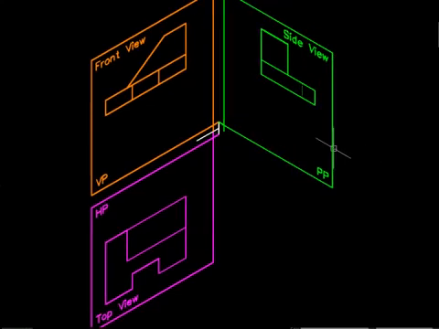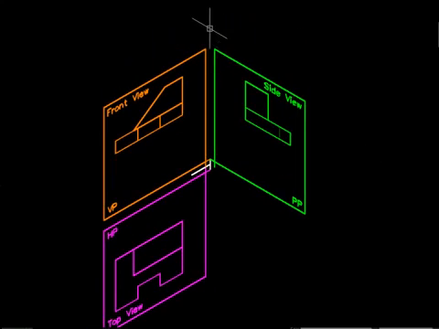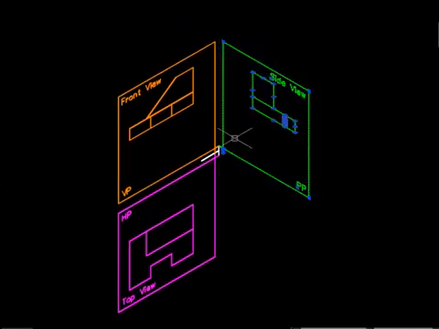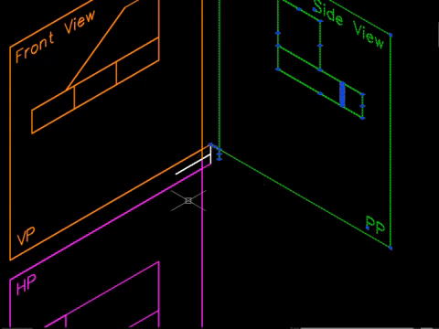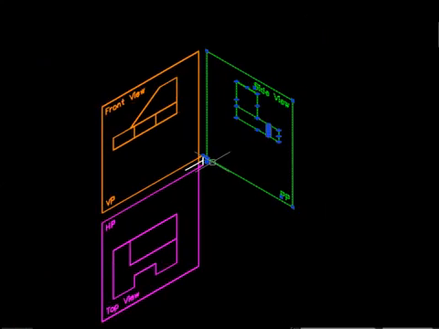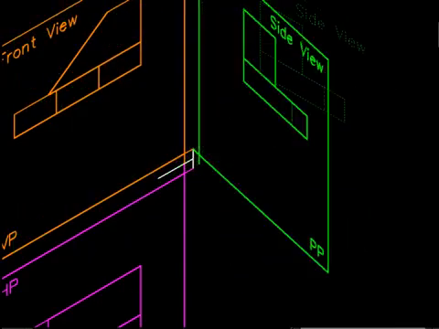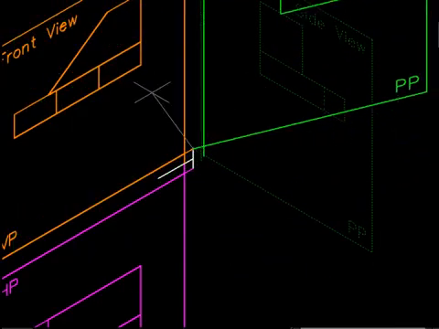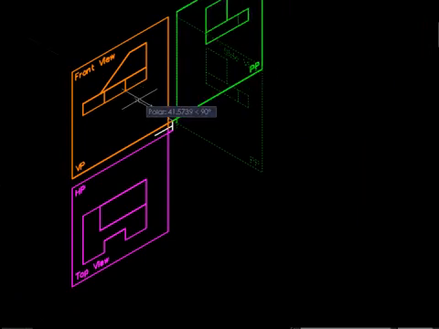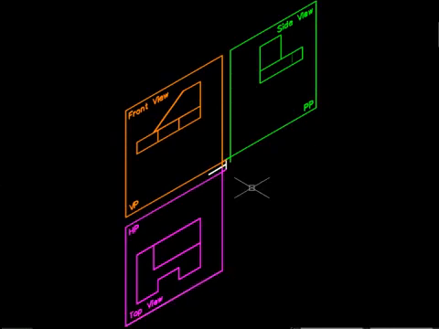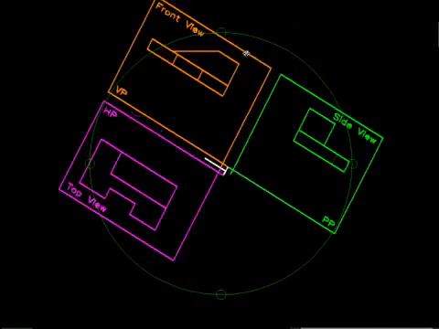So this side plane also has to be rotated till it is in the same line as that of VP. So now we have to rotate it about this point, till it is in line with VP.